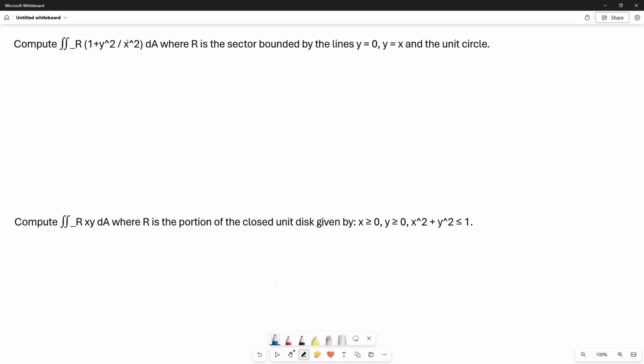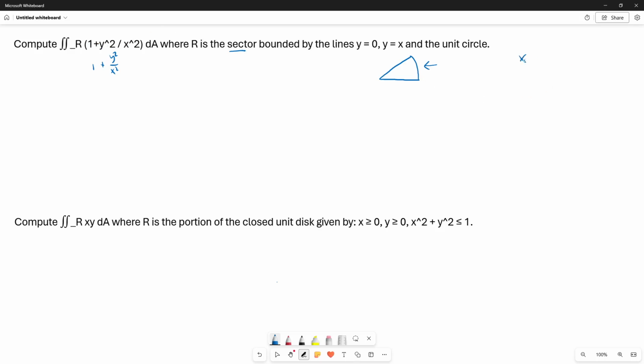Compute the double integral over the region R of the function 1 plus y squared over x squared, where R is the sector bounded by the lines y equals 0, that's the x-axis, y equals x, and the unit circle. So this is a sector of a circle, and we would like to use polar coordinates here due to the nature of the region, and also the integrand, as we shall soon see, is very nice in